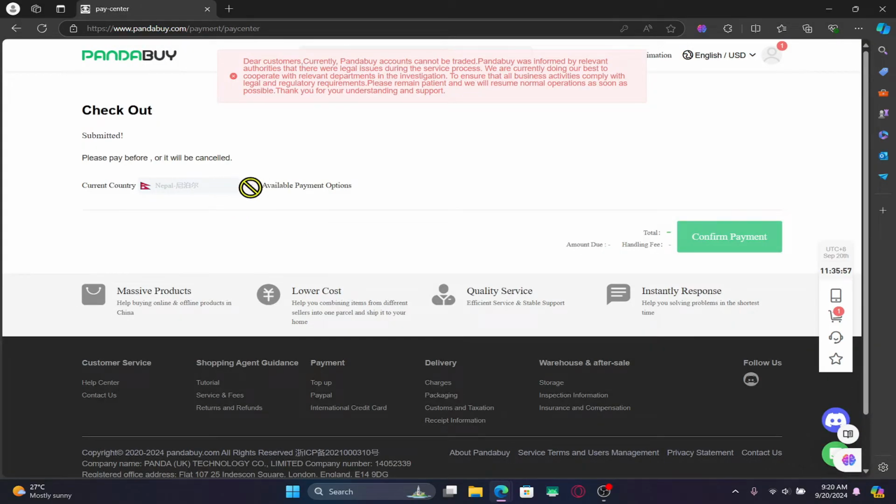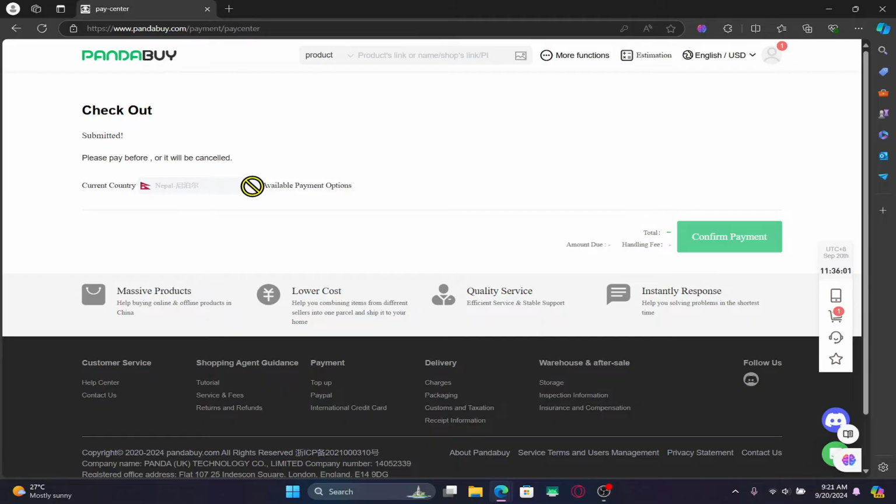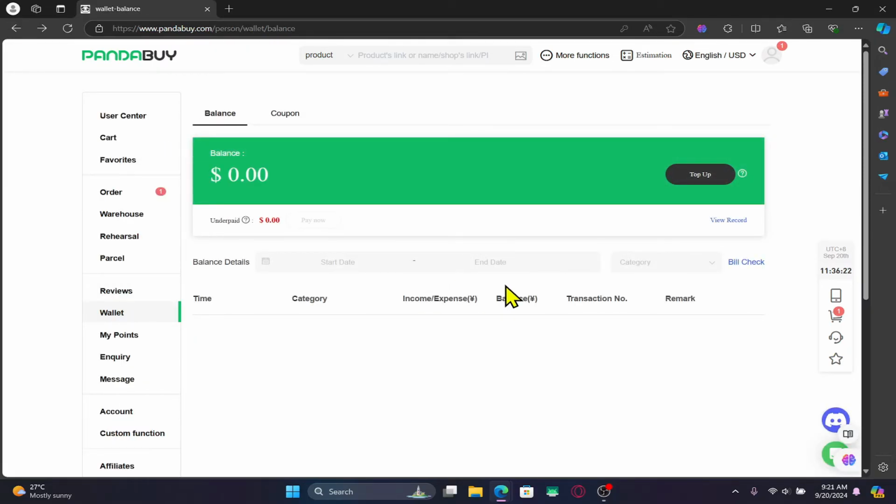You will now be required to choose a method based on the country that you have selected. Just click on the drop-down menu and choose whatever payment option is available, and you will be asked to enter the credentials for this payment method. For example, if you chose PayPal, you will be asked to log into your PayPal account through a small pop-up login window. After logging in, you can confirm your payment,